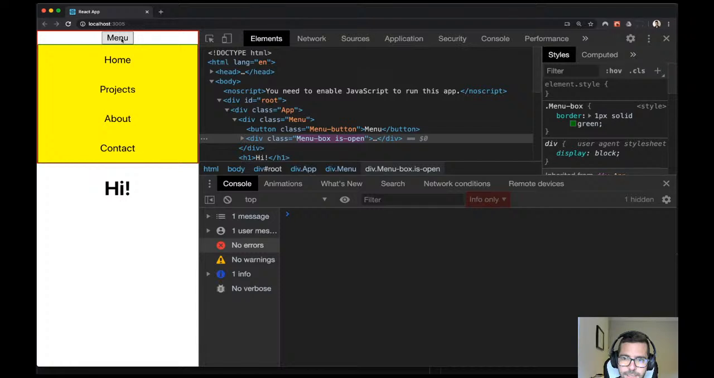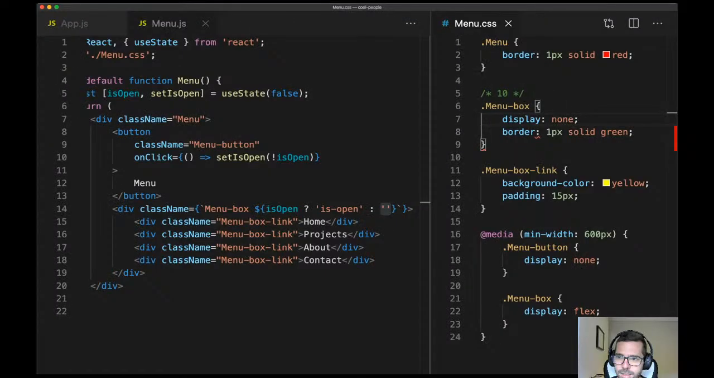So now, because I got that class dynamically added to my HTML, I can play a bit with the styles. So I can say, hey, menu box by default is hidden on mobile. Remember, guys, I'm mobile first. So by default the menu box is hidden. But if I got menu box dot isOpen, then